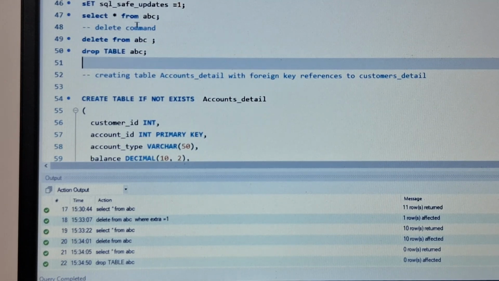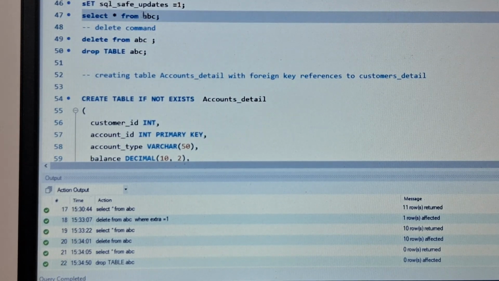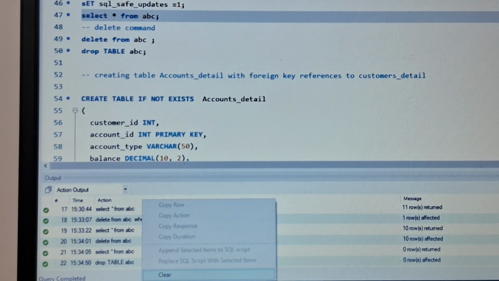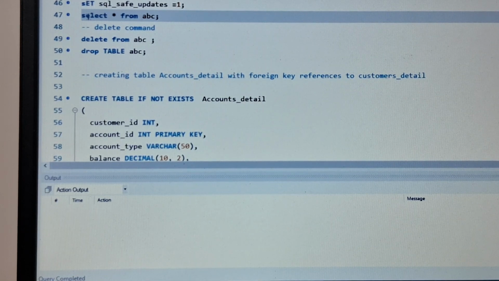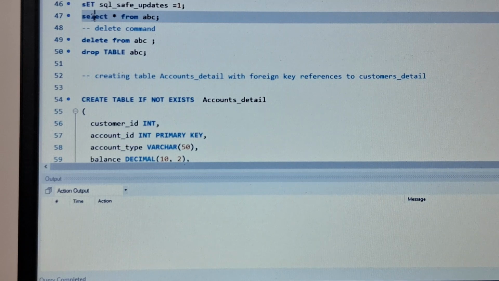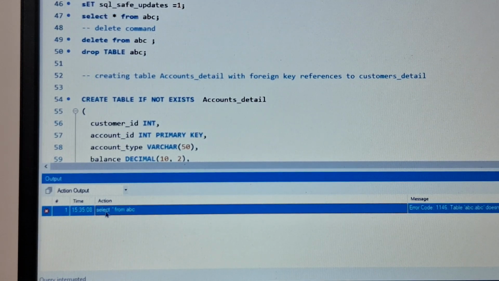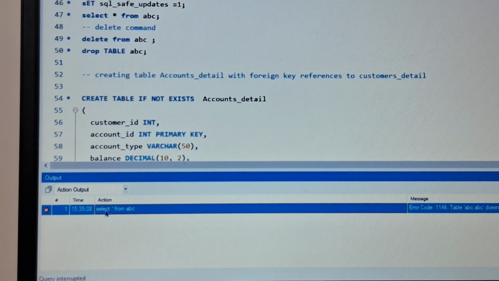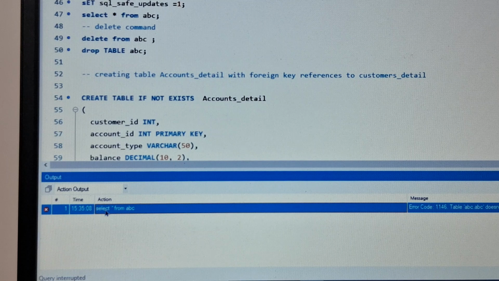If I retrieve your data using select star from ABC, it is giving me that ABC does not exist, so the table is not there.